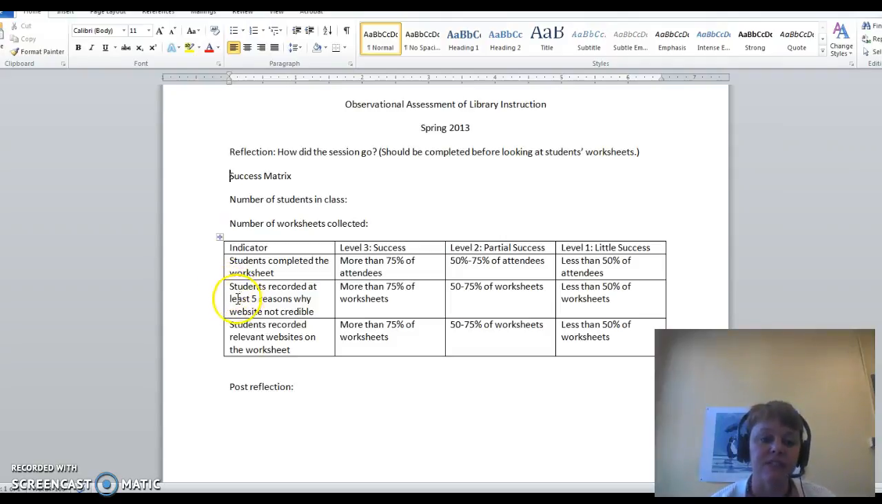Then we wanted to see if students recorded at least 5 reasons why the website was not credible, so we were checking to see whether they did exercise 1, and then we were checking on exercise 3, did students record a relevant website on the worksheet. So